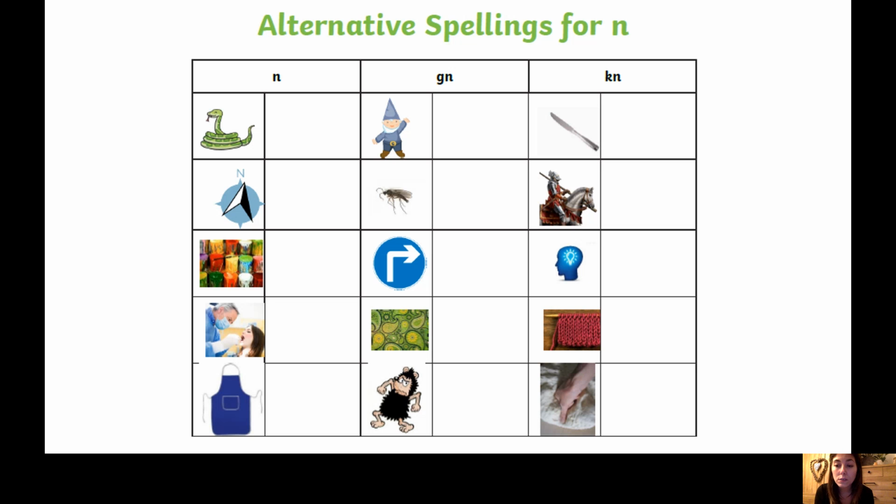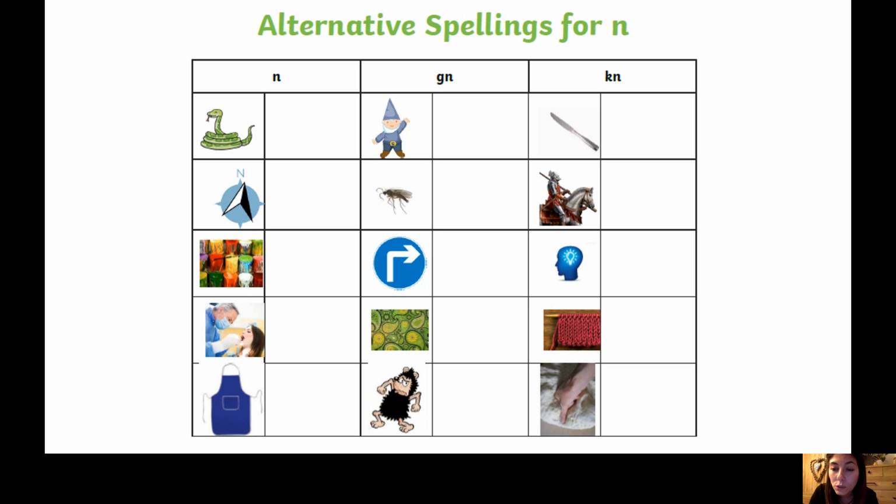I have put the answers on Teams as well, so your adults can see what I meant by the pictures, because I know sometimes it's really hard to imagine what somebody was thinking just by looking at those pictures on the board. So for your first one, for example, is a snake. So you will sound talk snake,